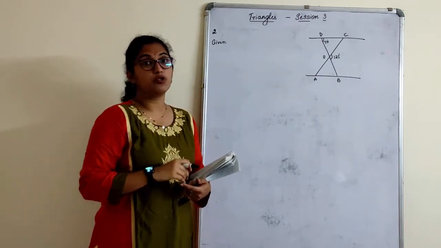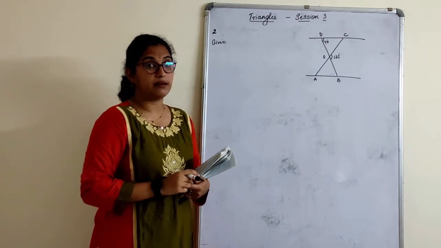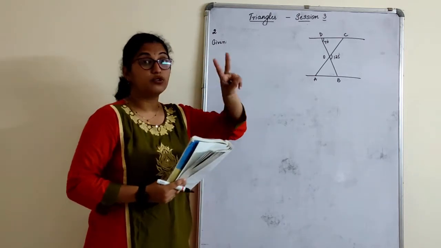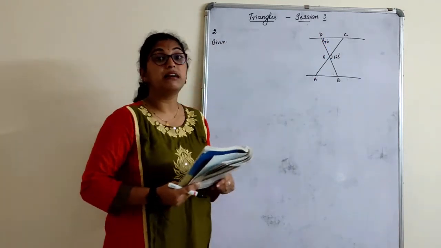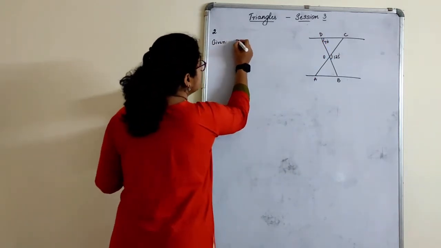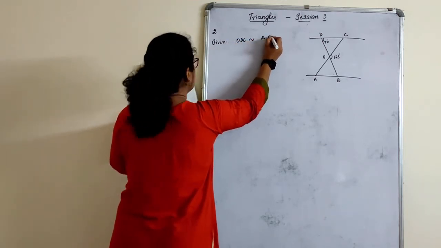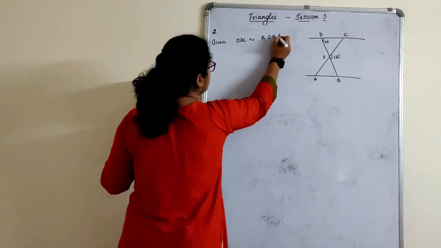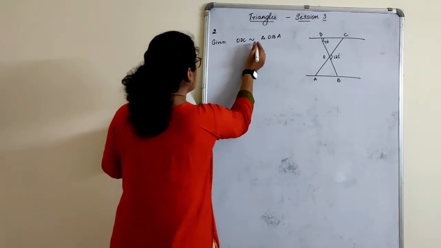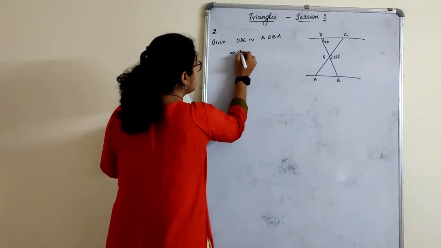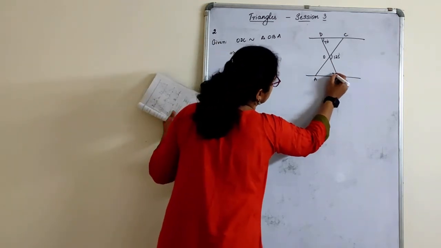Now here we are not choosing, it's not the triangles chapter in 9th standard where parallel lines and alternate angles will come, right? So here we have been given that two triangles are similar. The reason is that we can write the similar angles. So given triangle ODC is similar to triangle OBA. So if the triangles are similar, then the angles are also equal. So I will write this implies angle D is equal to angle B.